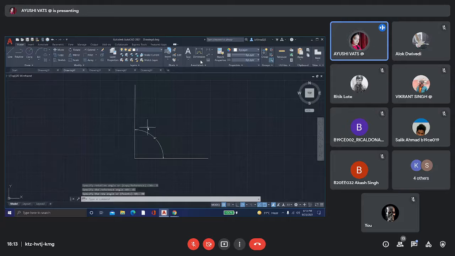Okay, now you can see that I enter 90 degrees and it takes 90 degrees from that line. If you give a reference, then it takes the reference from the previous line.